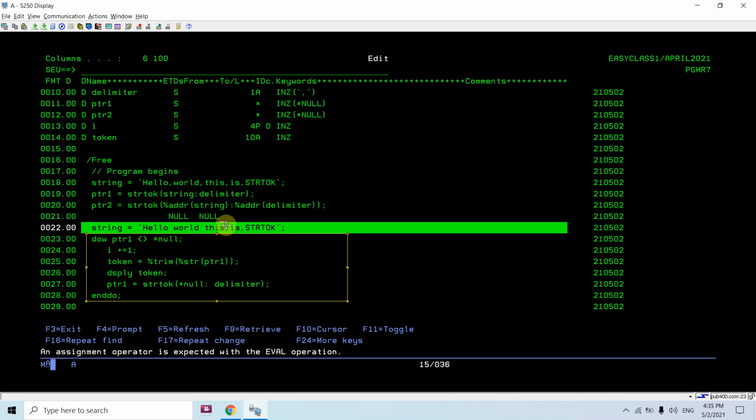So this way we'll always be receiving values till null, and we'll get all the tokens here. But once it becomes null, we won't get anything, and the loop ends.